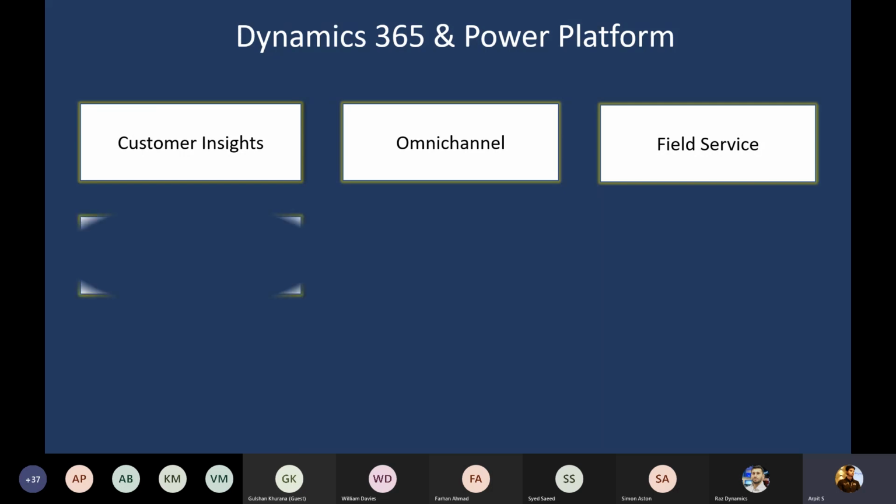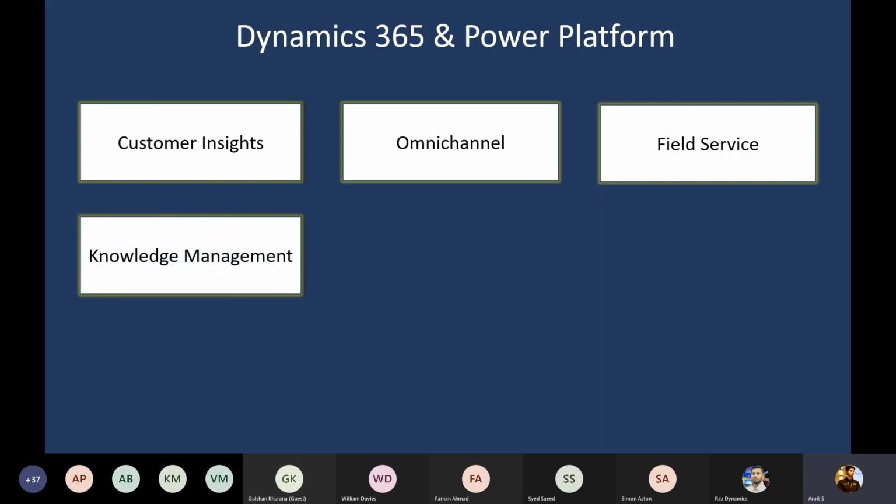We have Knowledge Management. As I was saying, organizations spend a lot of money on training their customer call center agents, right? So Knowledge Management plays a very vital role in contact centers. Call center agents don't need to worry about what information they need to convey, what answer or what resolution they have to provide to a particular customer query. They have Knowledge Management available where they can store all kinds of queries, the resolutions, and the information about a particular query.